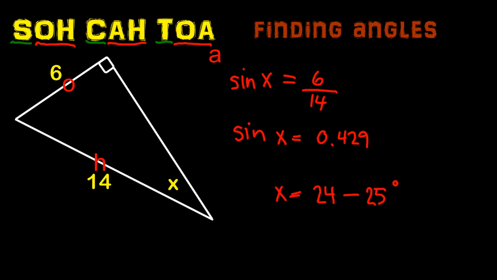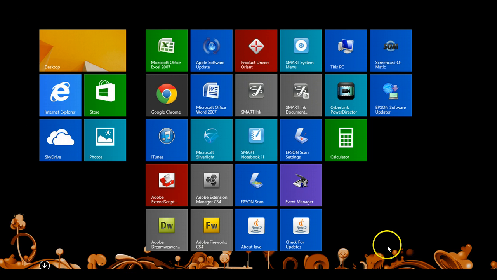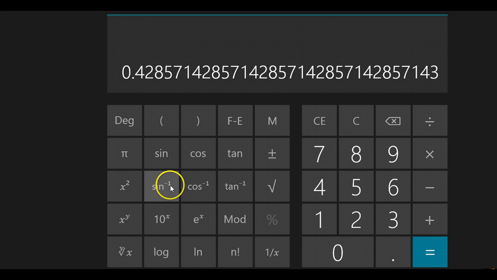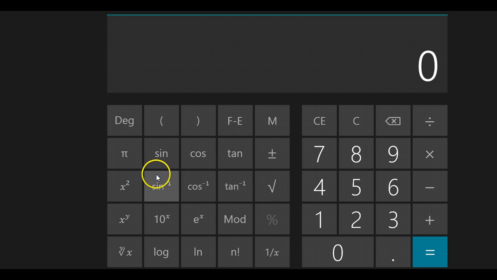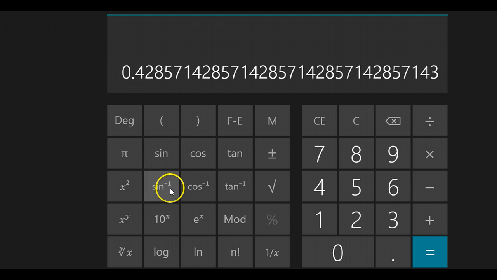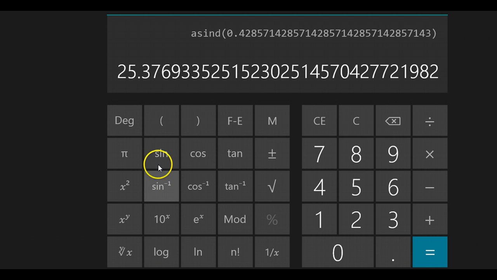So if you go to your calculator, you'll see these functions that have sine to the -1, cosine to the -1. That is the inverse sine button, and that will look up your values just like we looked up in the table, but much more accurately. So if I take 6, divide by 14, and then in this case I have to hit the button after. On the TI Inspires you'd hit this button first and then 6 divided by 14, but this one's different. So now I hit this, make sure I'm in degree mode,